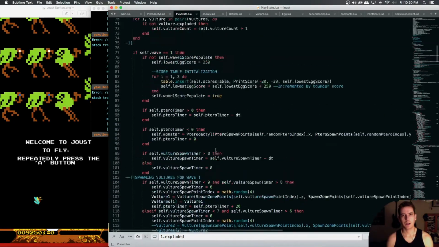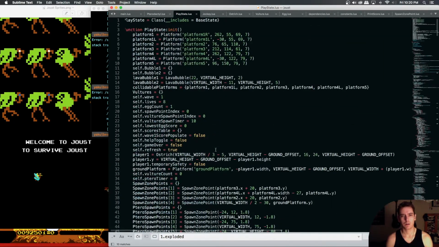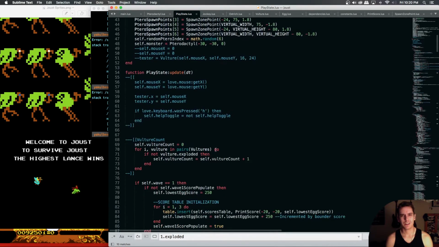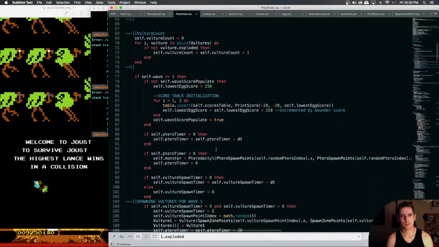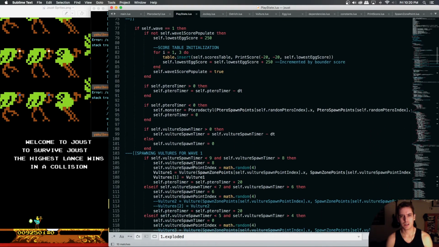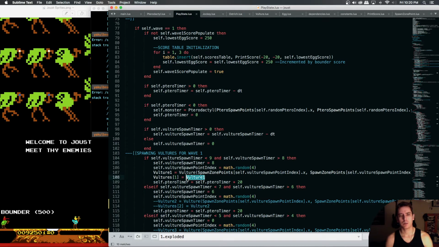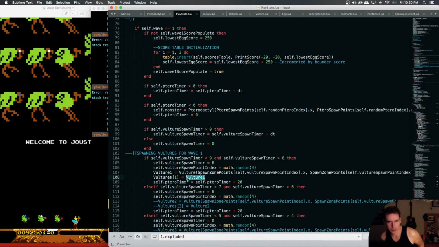This is why it's such a nightmare, because vulture1 isn't instantiated yet, because the vulture spawn timer has to get turned on in order for vulture1 to exist. So we can either bypass that for debugging purposes, or I want to figure out a way where we don't have to do this, but